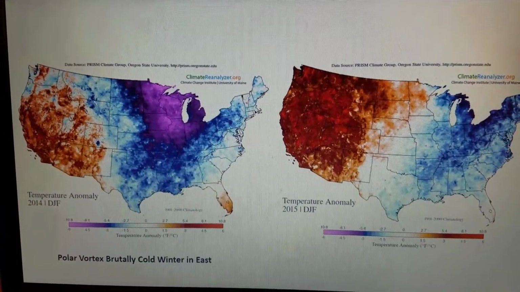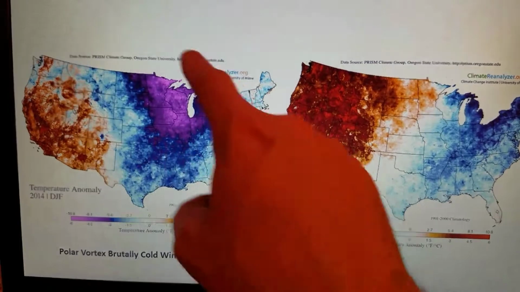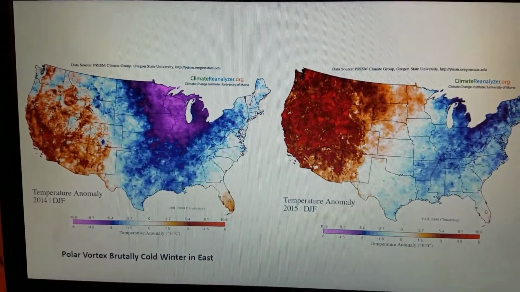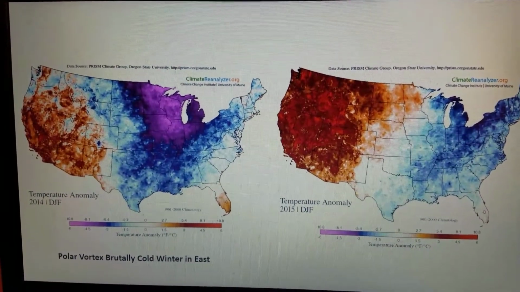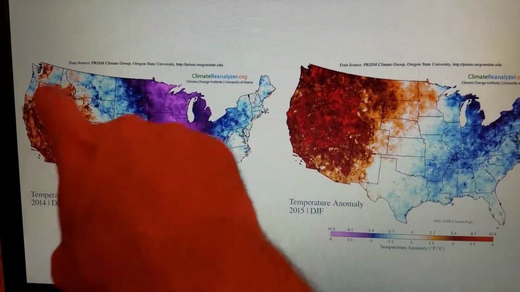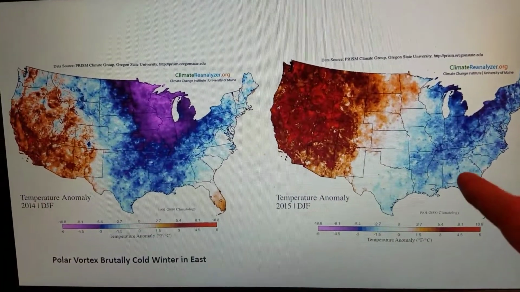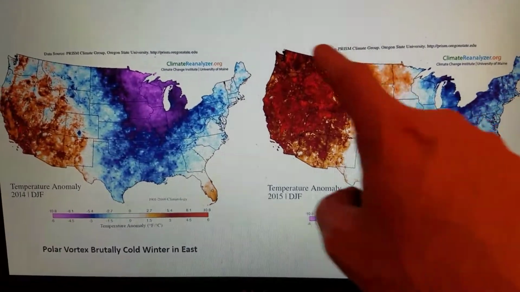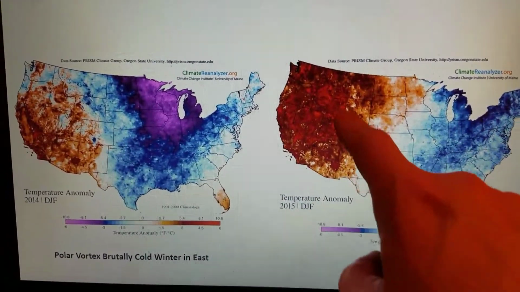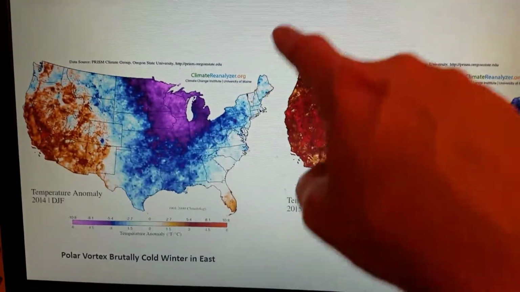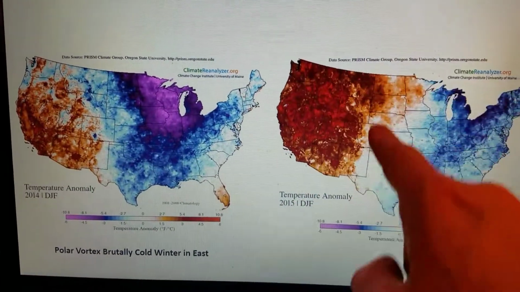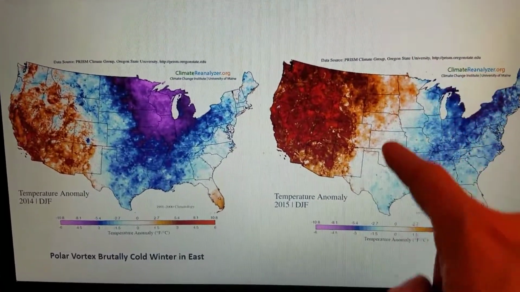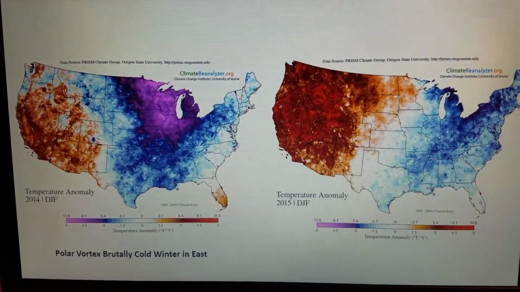Looking at 2014, the heart of the coldest air concentrated itself over Minnesota, Wisconsin, Iowa, Illinois, Indiana. Was mild out to the west. And then 2015, it was much below normal again across the east and very mild across the west. This is the year we had the warm blob. This is where we had that huge upper level ridge parked over the western U.S. and we had extreme cold across the east.